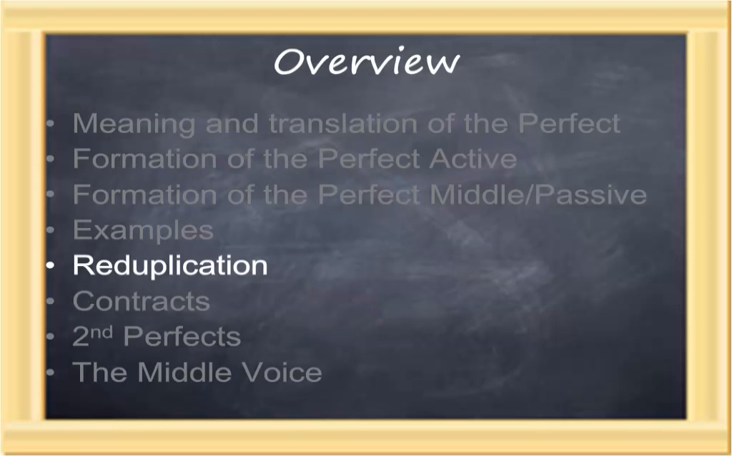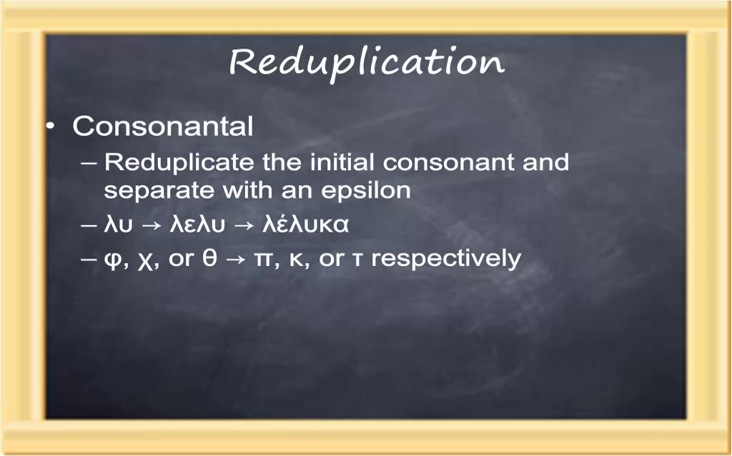The examples just provided demonstrated various ways of doing reduplication. Let's look at how those work. The first type of reduplication is consonantal. It occurs when the first letter of the stem is a consonant. It is doubled or reduplicated and then separated from the stem with an epsilon. So if the stem is li, the initial lambda is doubled and an epsilon inserted in between, le, li, yielding